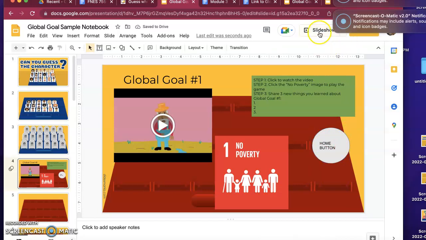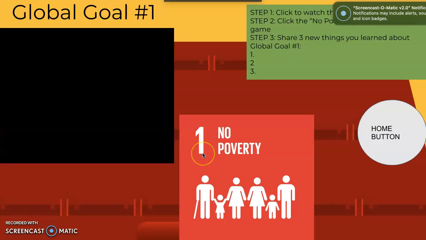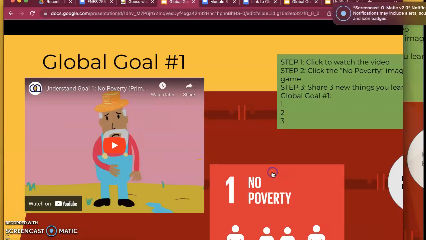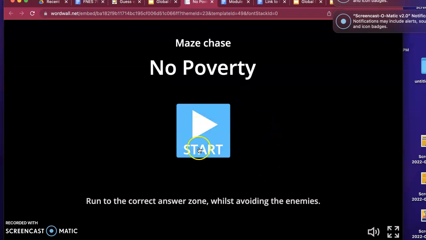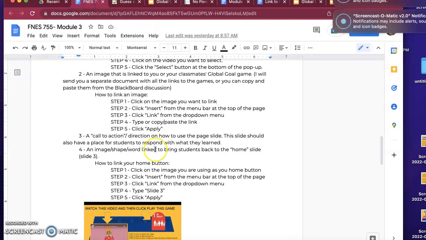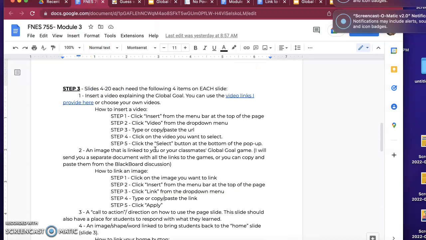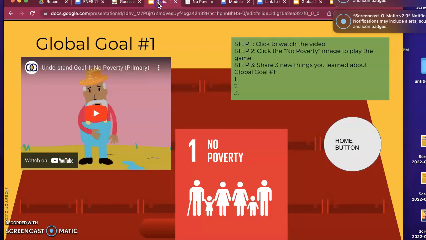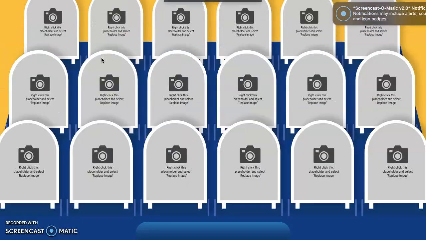And that's it. So now if you come to our slideshow, if I click on the home button, it brings me back to slide number 3. If I click on No Poverty, it opens up my game that I'm going to play. So each of these will take you somewhere or allow you to watch the video, however that might be. So that's this part of the assignment. Now I'm going to just circle back real quick to slide number 3. I want to spend slightly more time on that